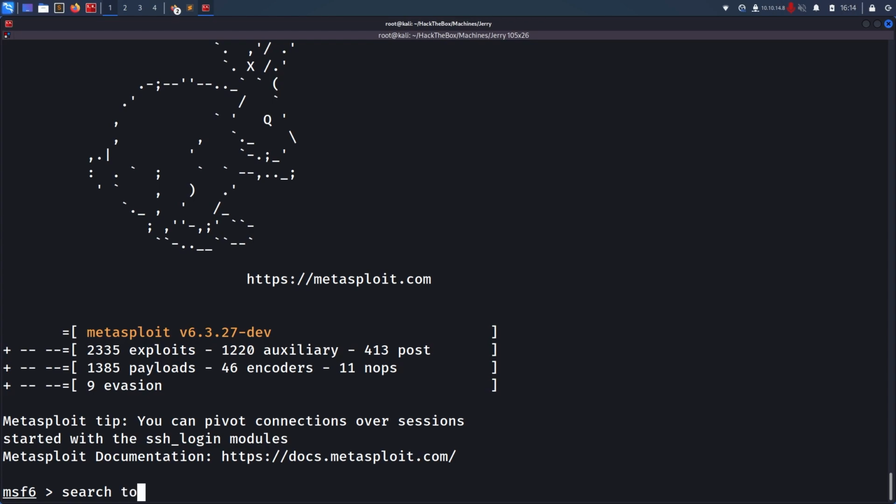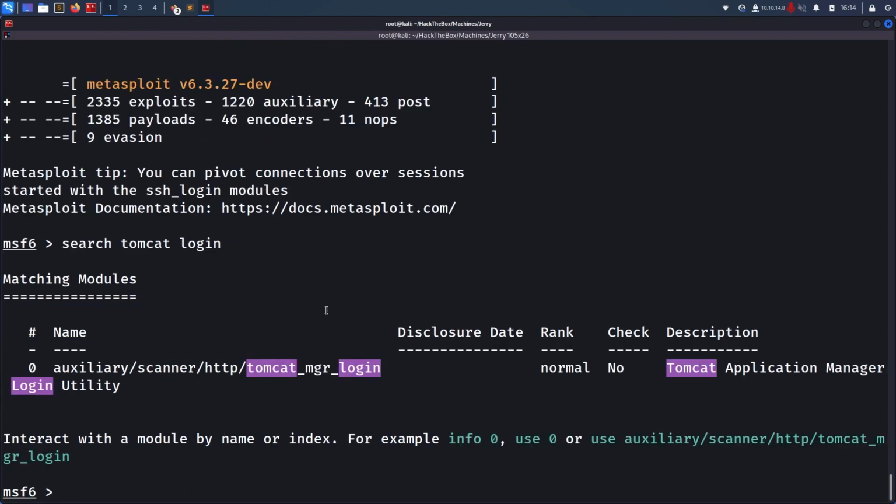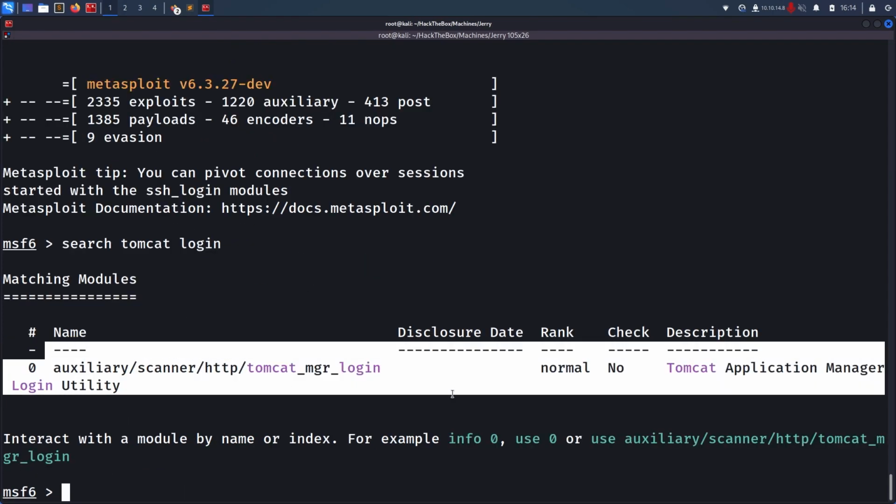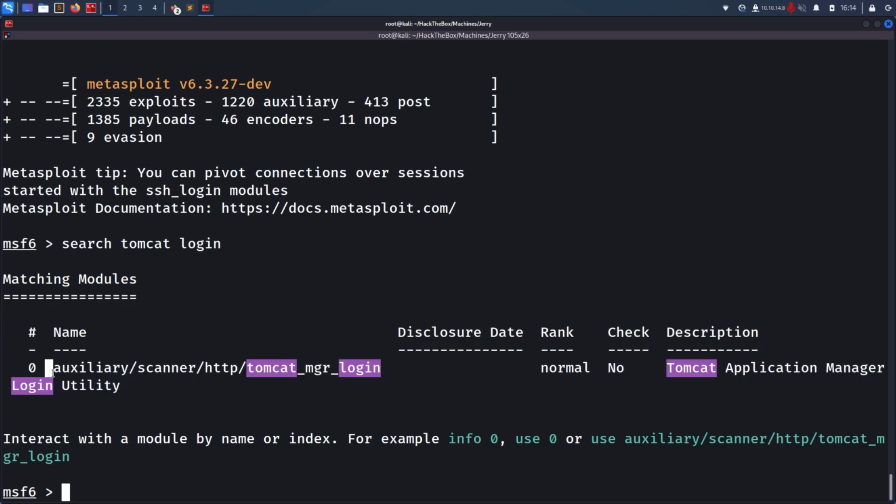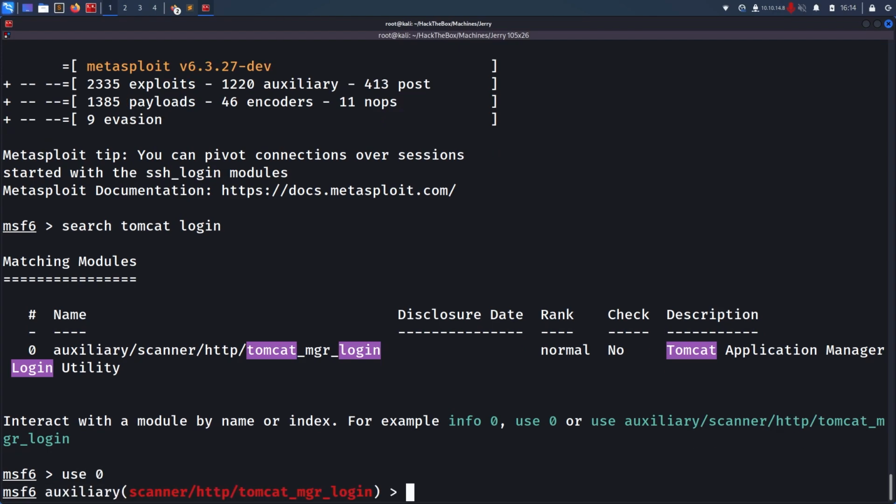If I say Tomcat login, because I want to log into Tomcat, right here it will search for different keywords in the Metasploit database and show us. I am having only one module right over here. I can do use 0, enter, and this is Tomcat manager login. If I do options right over here,